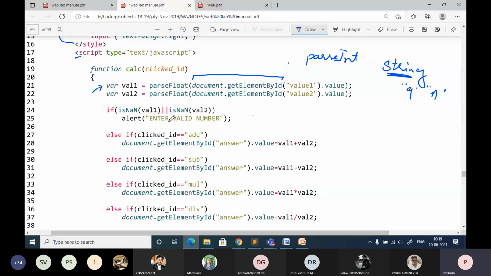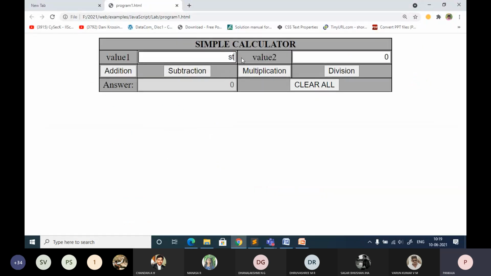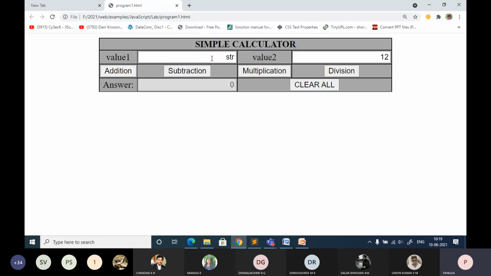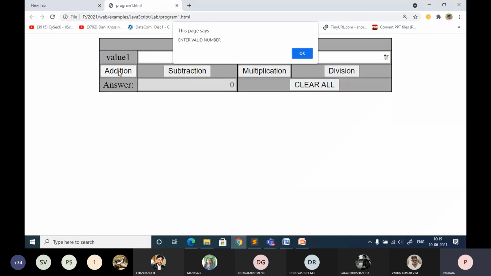I should get "enter a valid number", or if you try to enter a string, let me see. Yes. So if you are giving something other than numbers, here I am giving a string like st or tt, something like that, and trying to apply addition.